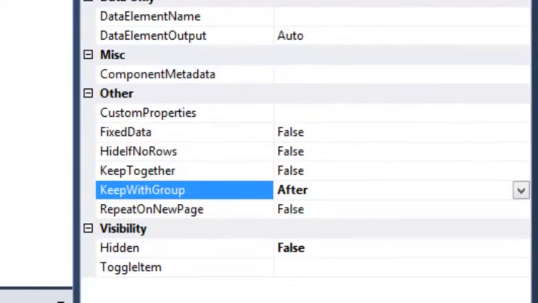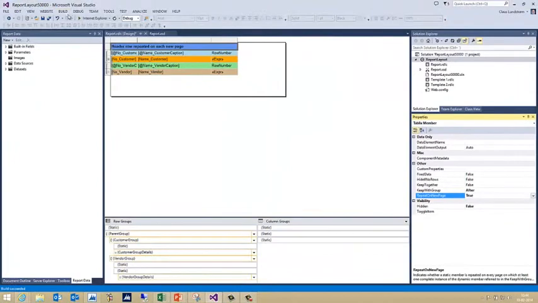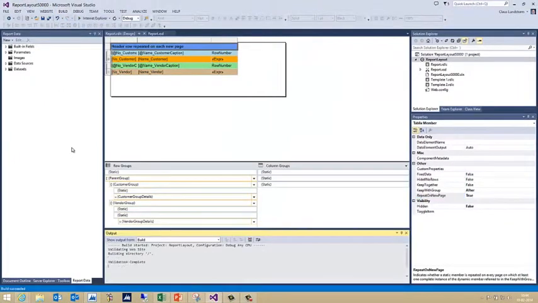So now it will repeat when the parent group is still on the page, and since the parent group is being repeated on all pages, and all my groups are inside the parent group, this row will be shown on all my pages. And then I set, of course, repeat on new page. This is what I need to set, and I build my solution, and then I'll run the report. So let's go back to NAV and run the report and see how this looks.